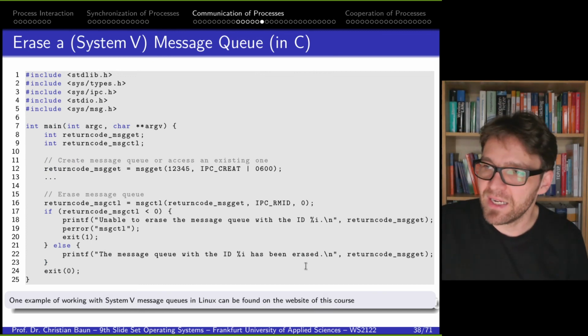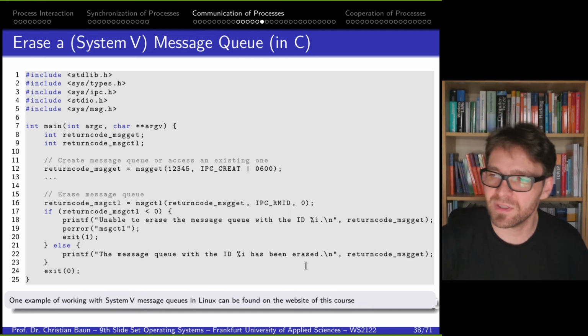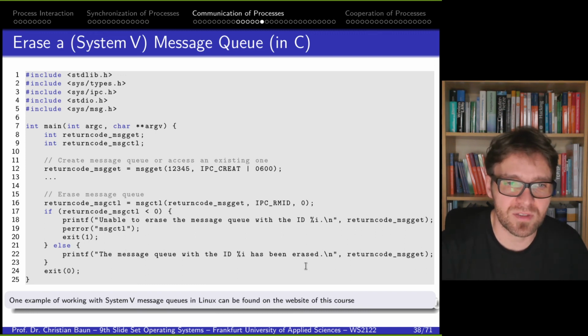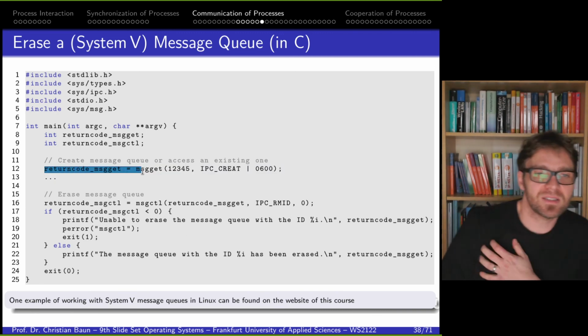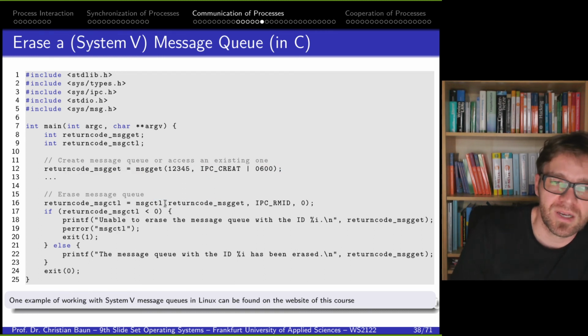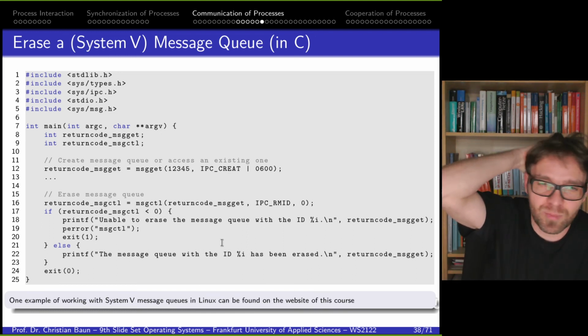Yeah, and finally we want to get rid of it to complete the life cycle. We want to erase it, and that's done with message control. So again, here we create the message queue with message get, and we erase it with message control. That's really similar to shared memory control some slides before,